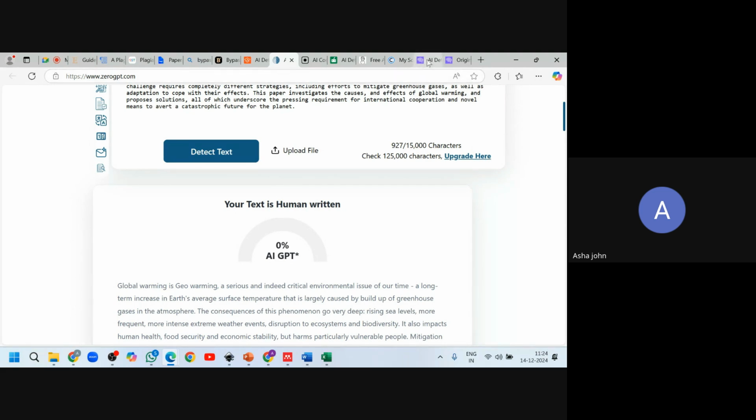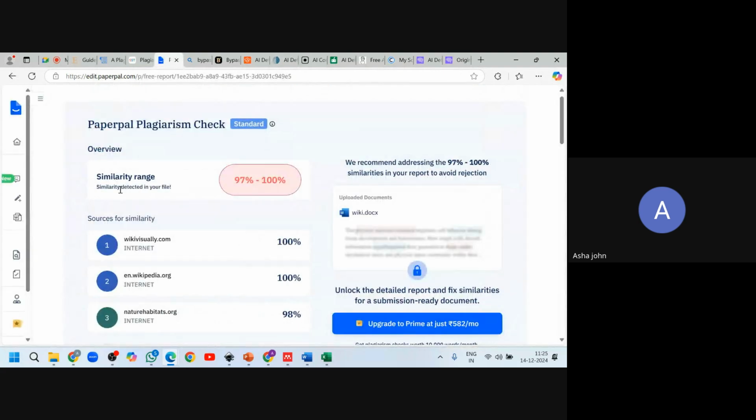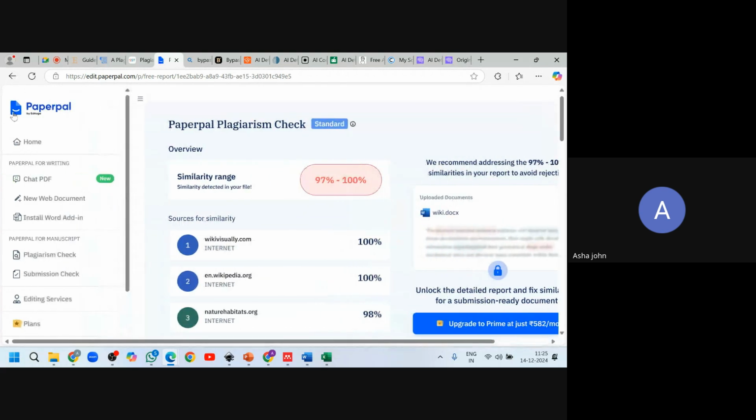But sites like Stealth Writer, PaperPal is a very good website. I'll tell you why. There is one other thing that PaperPal is having, which is the submission check.